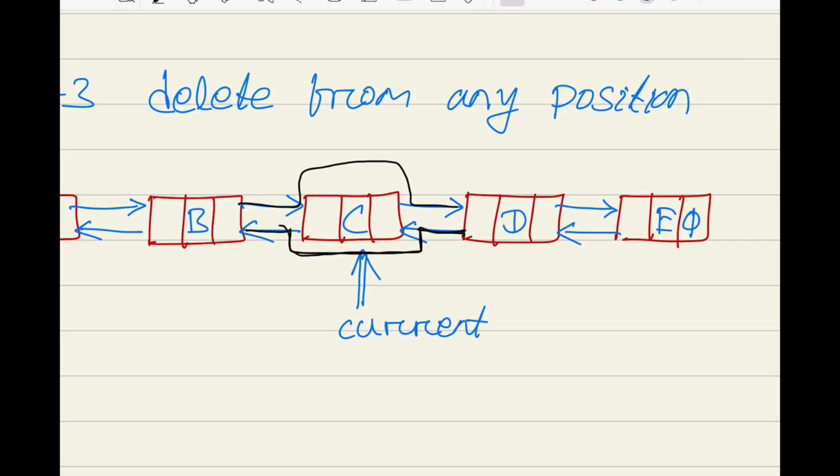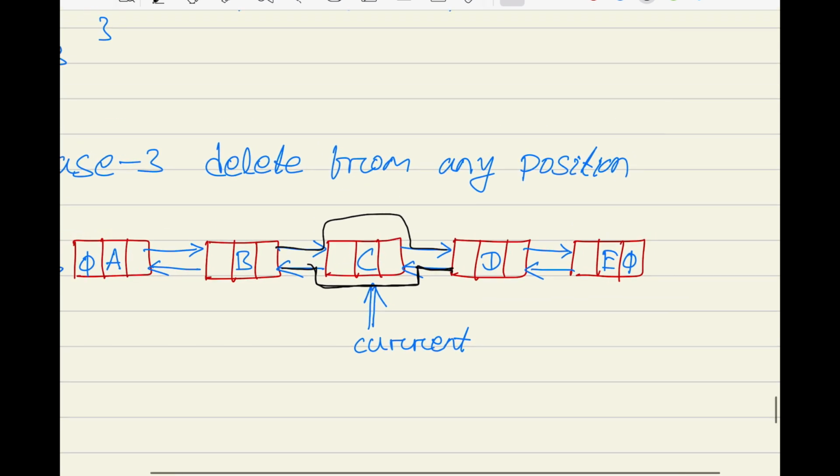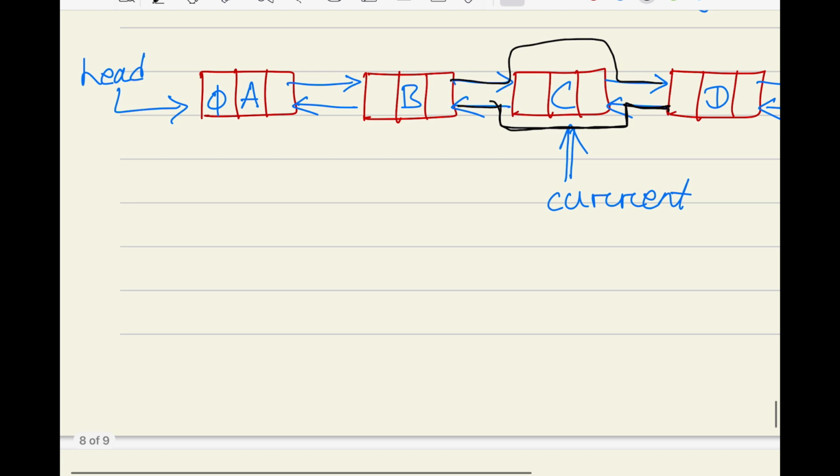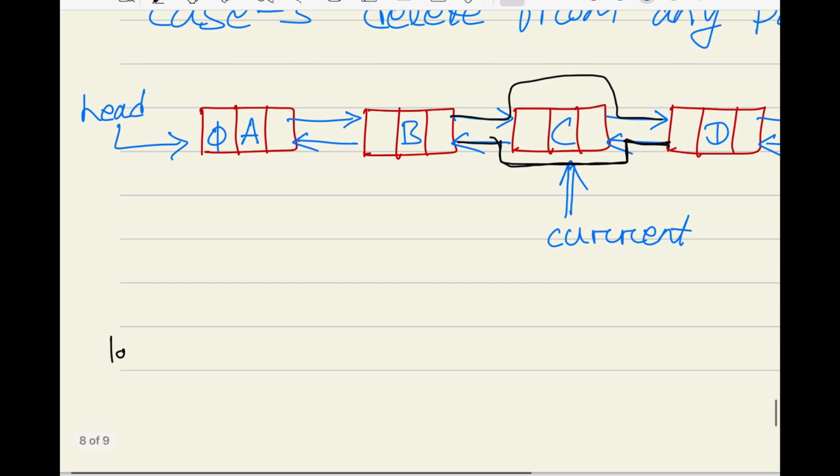So we need to update just the next of its predecessor and the previous of its successor for the deletion. So what are the steps we need to follow? In step 1 we can write like this. What is the first step? In first step, or here we can write,